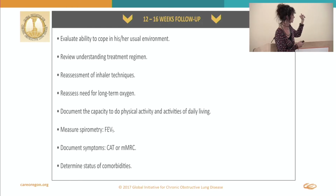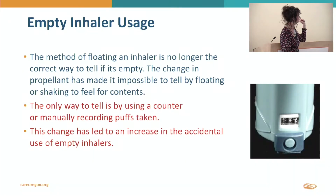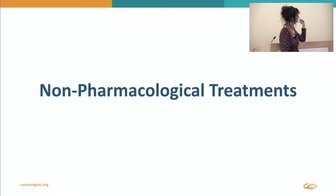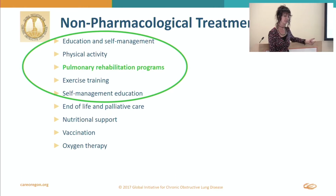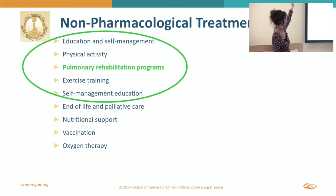And these are the things that you would want to cover during that. Empty inhaler usage. We talked about that. Okay. So next section is on back to the gold standards. When you look at the gold standards, these are all the things that they're saying are important as far as